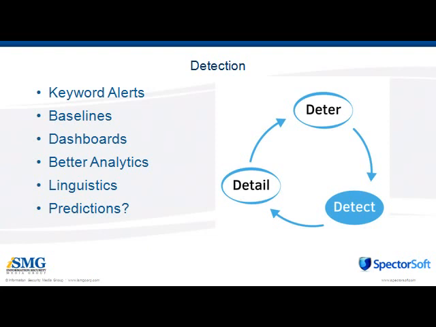Moving forward, we're looking at studies that say linguistics and speech patterns change as people start leading a double life or doing things they shouldn't be. With the valuable data that we collect, we're moving our detection capabilities into more of a predictive model. It is a minority report, but it can provide direction on where to focus your attention.